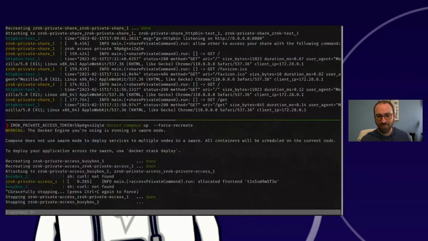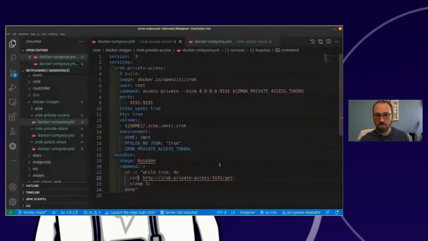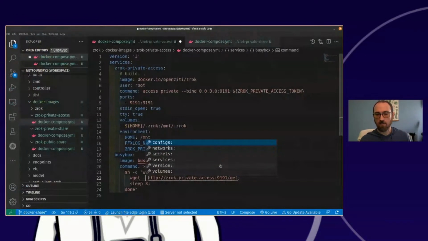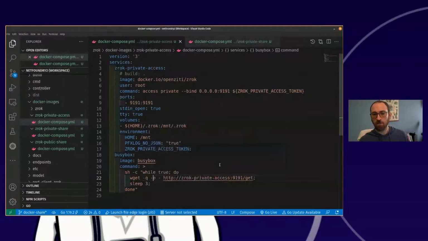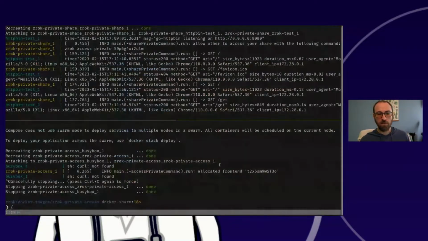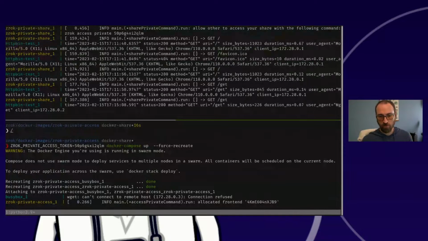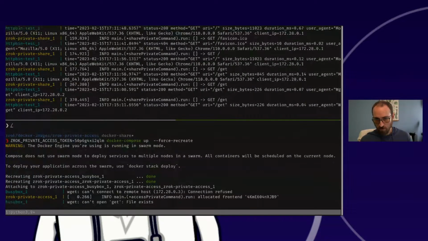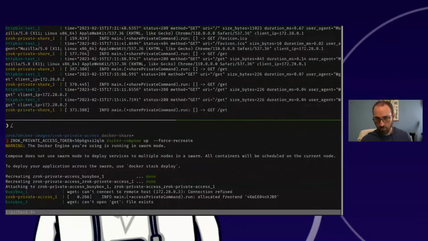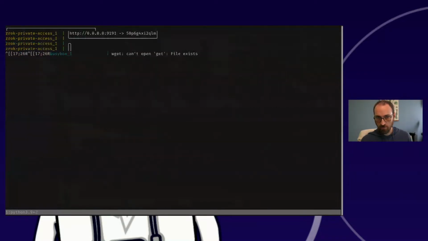Well, I wonder if it has wget then. Wget can't connect to remote host. Can't open get file exists. So it does have wget, but